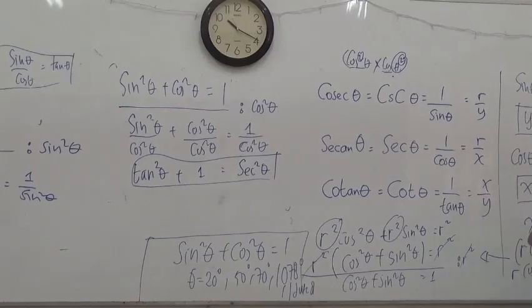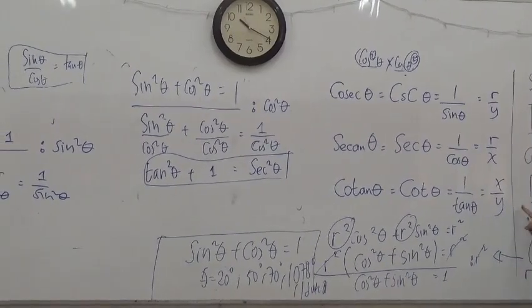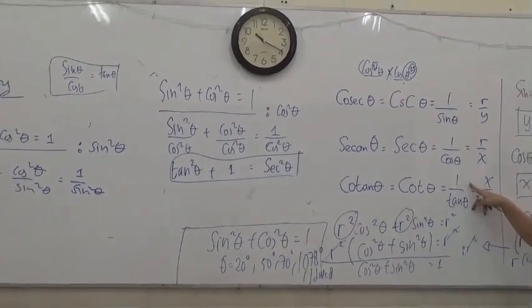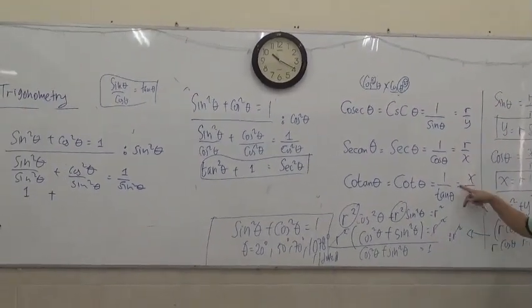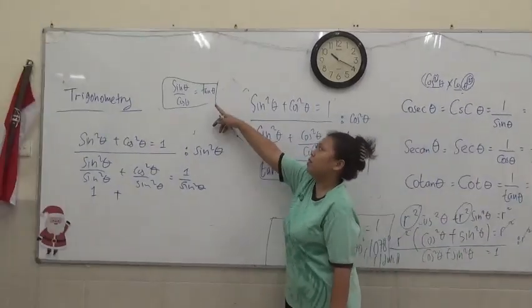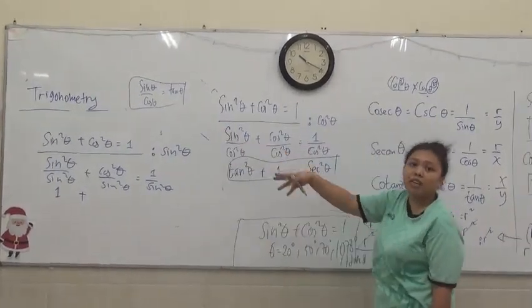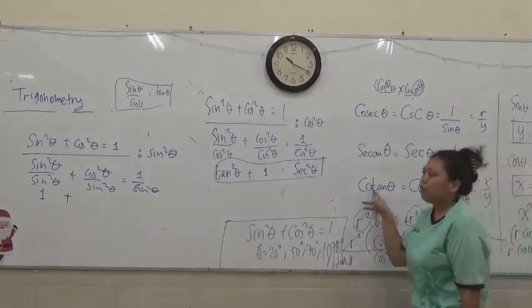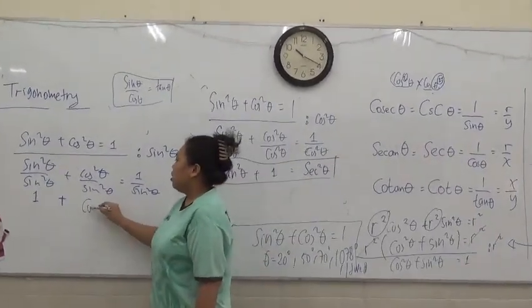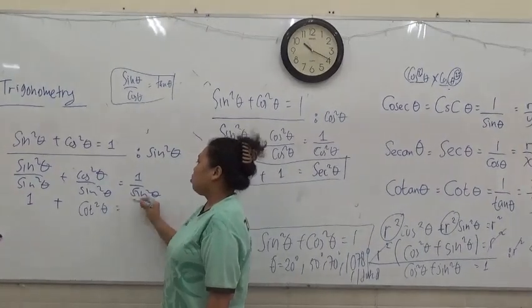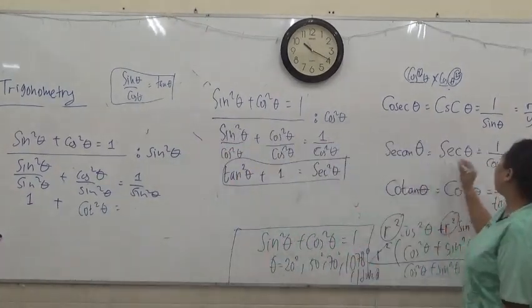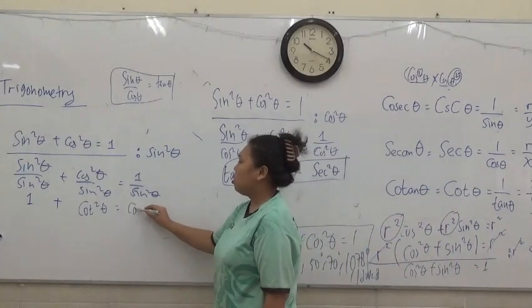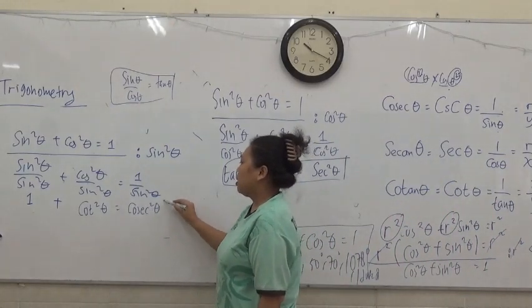So, once again, the fraction of tangent is sine over cos. So, the formula of cotangent is just the opposite of tangent. So, you need to flip the fraction of tangent. You flip this tangent, it equals to cos divided by sine, right? So cos divided by sine is just cotangent. So I put it here. Cotangent to the power of 2 theta equals to 1 over sine square. I check my formula, 1 over sine is cosecant, but I have to the power of 2 under, equals to cosecant to the power of 2 theta.